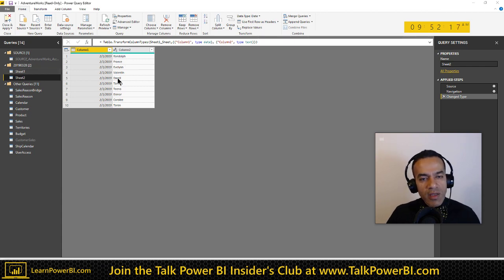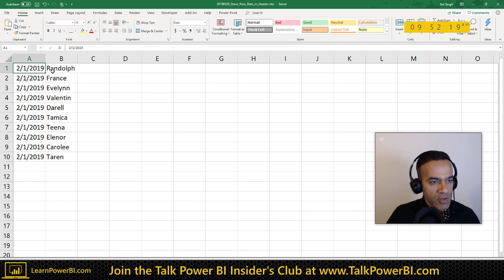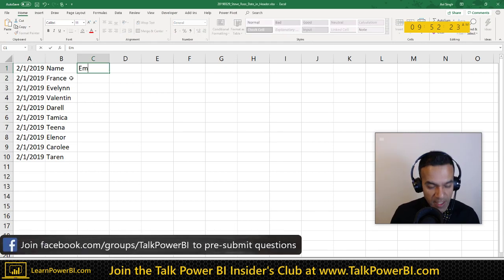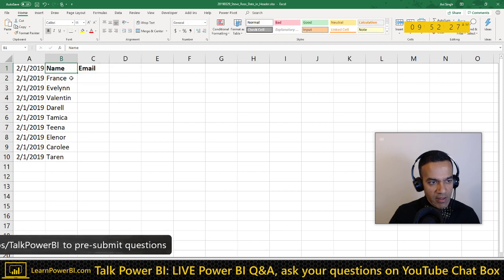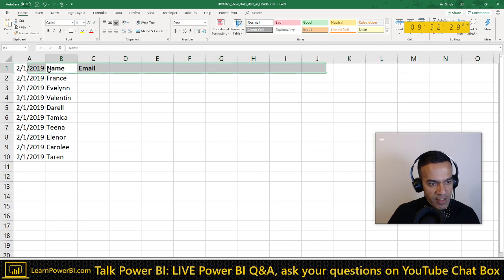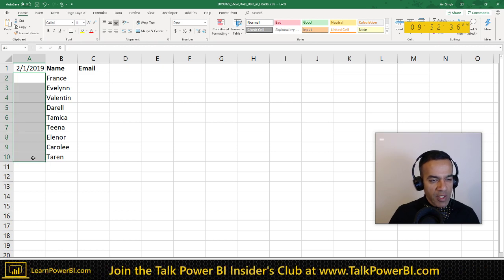So maybe I got the structure wrong. It says date, but then does it have the column headers here? Is this what it looks like? Something like that. The first row has real headers, except for this one. It sounded like your file was something like this.